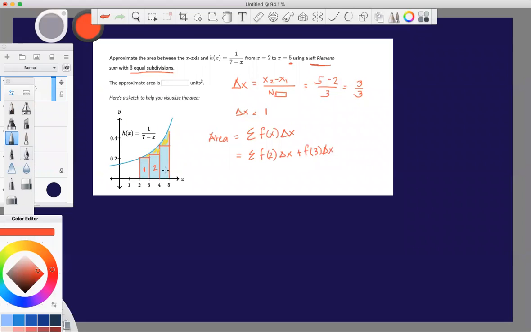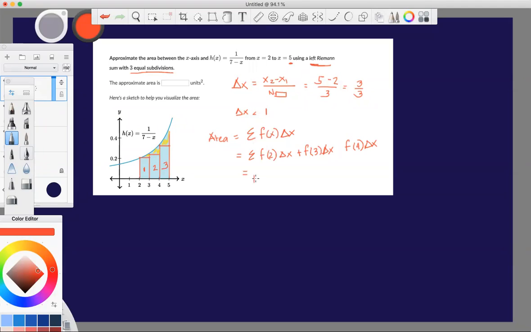And then for your third rectangle, what's going to be the value of your x? 4. So that will give us 4 delta x. So let's factor out our delta x,